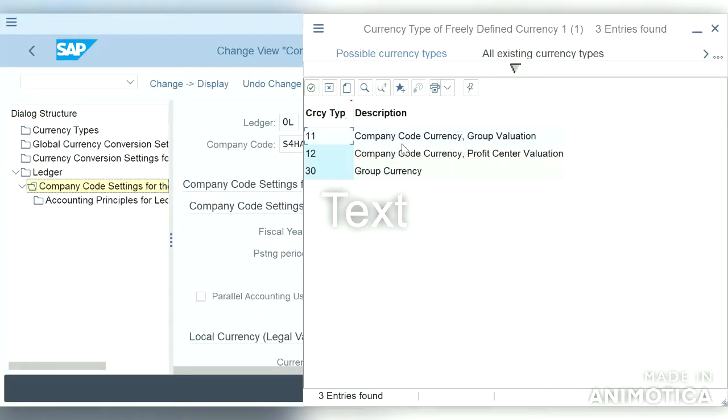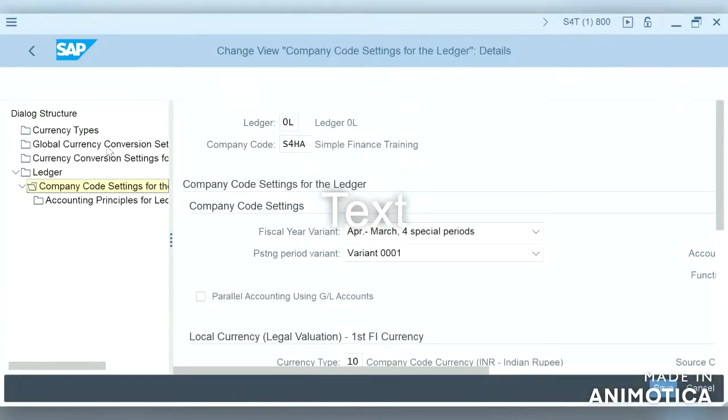Initially when I was showing, we saw only these two, so I thought of not saving it, but even though just now we have created it, it got updated here.